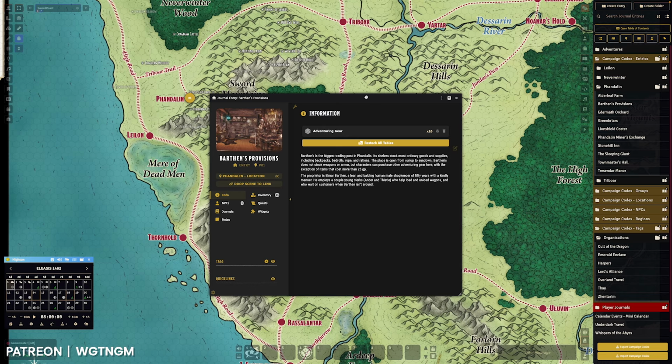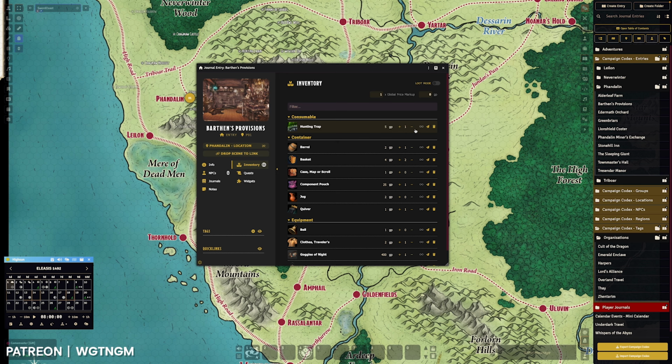So we've had some big changes to how the economy and inventory works within Campaign Codex. Here you will see that we've got a nice update to the inventory tab. You'll see that all of these are organized by item type. You can collapse them out, and you can also filter out the items. Here you will also see that you can toggle the quantities to an infinite amount,